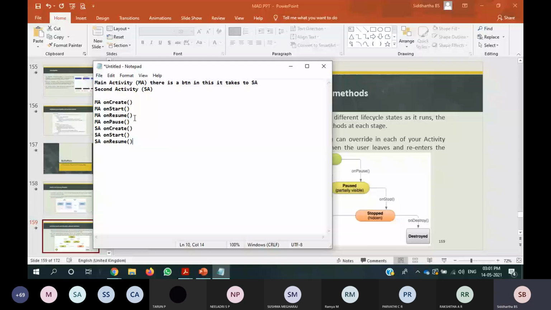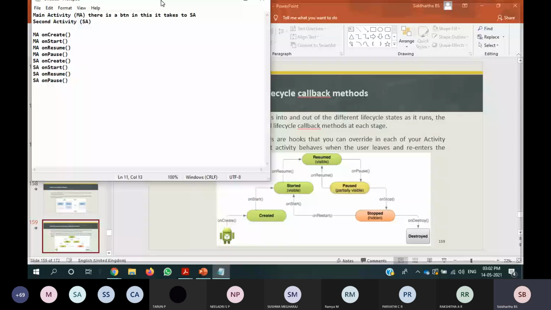In this resume state, the user wishes to go back to the main activity. So what happens? The second activity will call the onPause callback method.